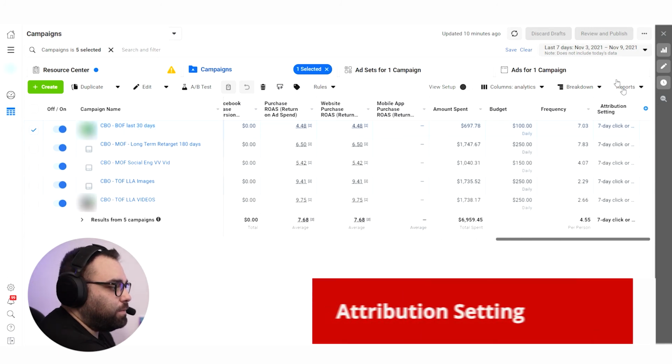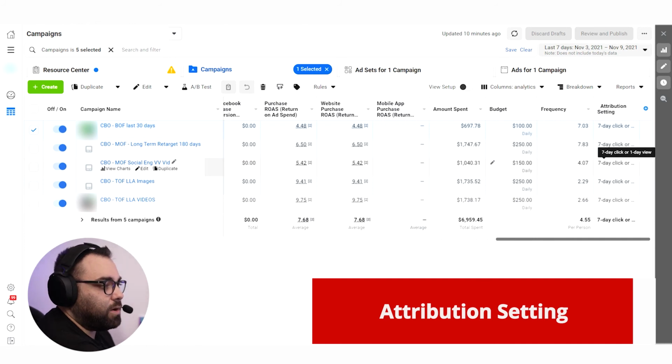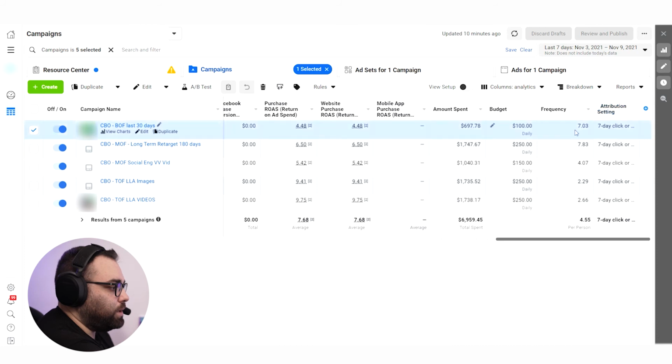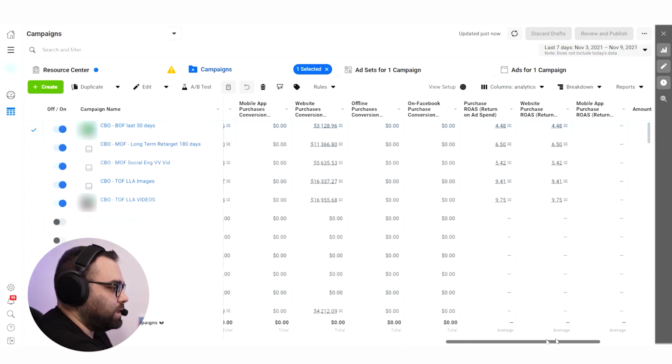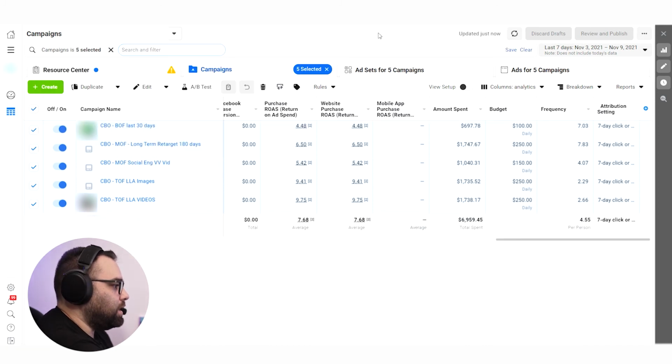And then we have the attribution setting, which is the attribution setting that we have set at our ad set level. We have talked about this in our previous videos. This is the reason that when you pick all of them together here, you can see the total results, while when you are here in the total, you cannot see the total results. This is a very fast way for you to be able to see total results, but you need to use the same attribution setting. This is the reason that I'm putting it there, so that I can see which campaigns I can filter by selection, so that I can see the total results of all of them on the bottom.